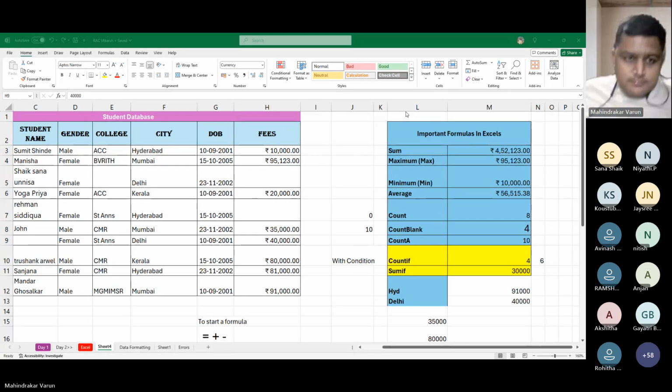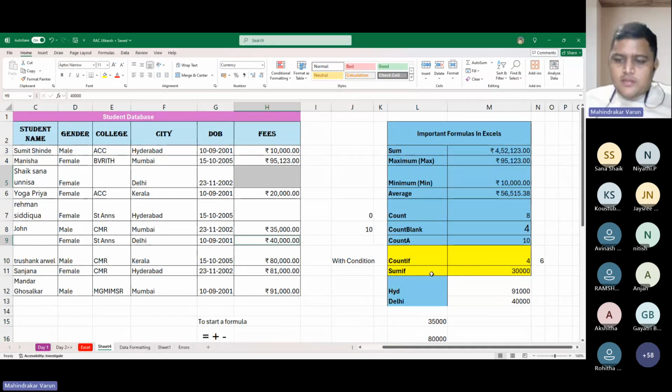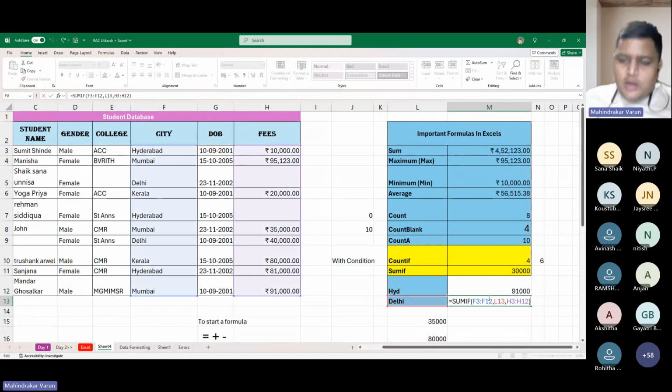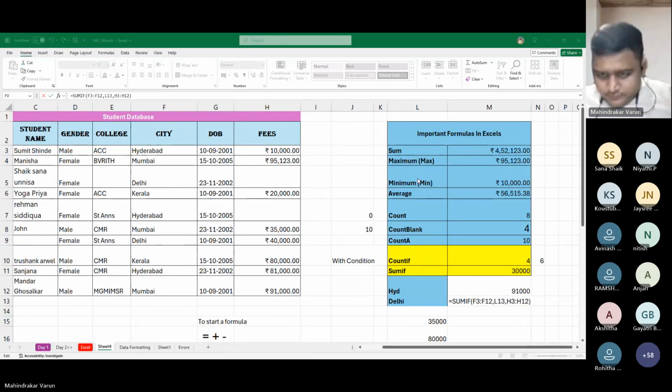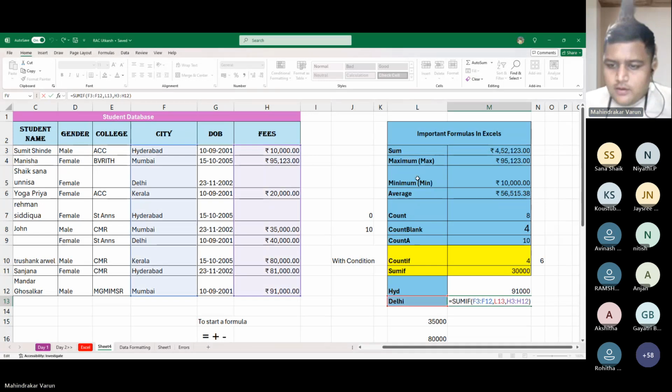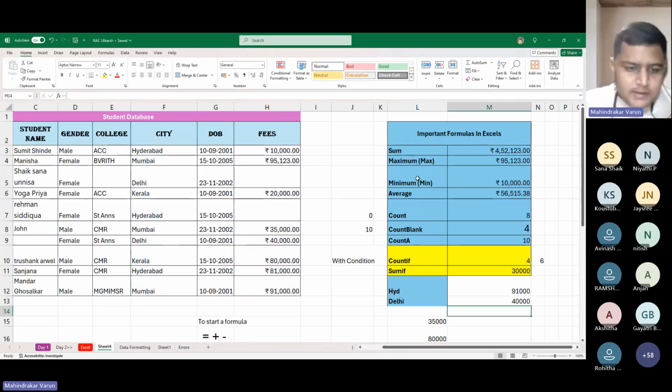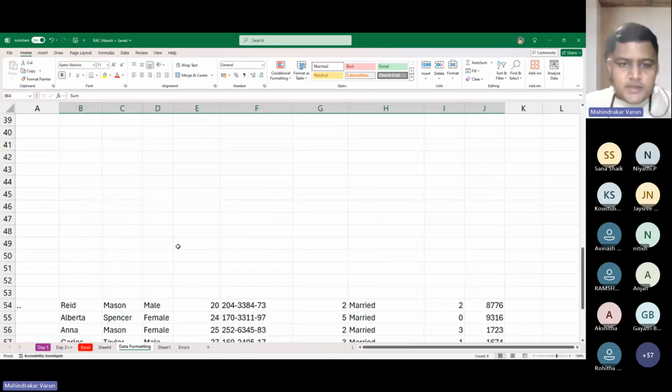Then you can see here, this is how you can use count, sum, maximum, minimum, average, count blank, and the count if and sum if functions in Excel. Now, apart from this, next, if we see the next particular part,